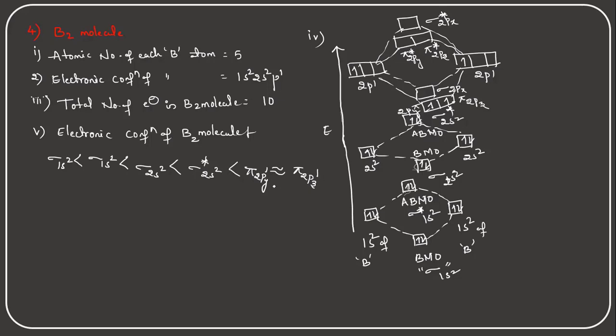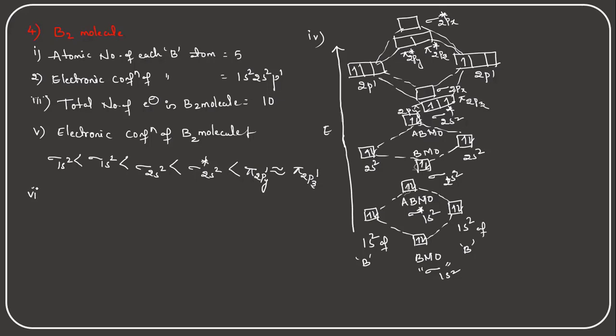Why are these forming pi orbitals? Because when the addition of orbitals takes place in a slantwise or vertical manner, vertical overlapping or slantwise merging, that gives the pi orbital formation. So pi bonding. So these are the electronic configuration, and the rest of the orbitals do not have any electrons. Now if you see the electronic configuration, here one unpaired electron is there, here one unpaired electron is there.